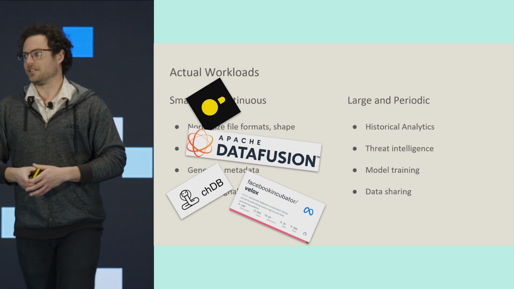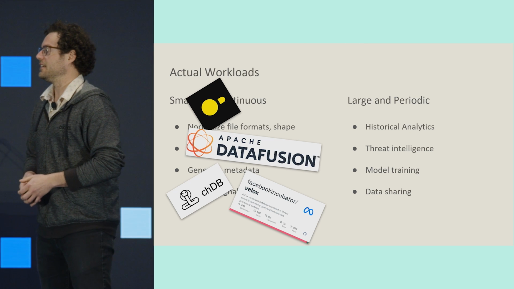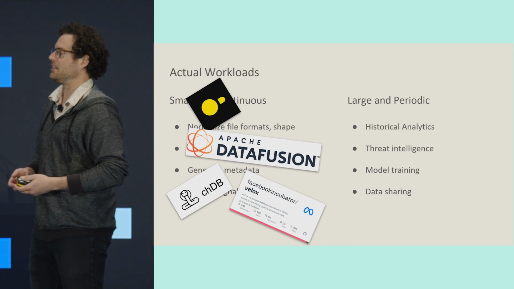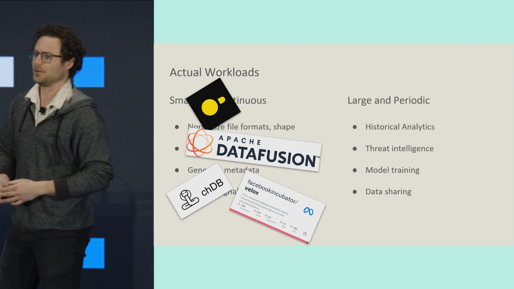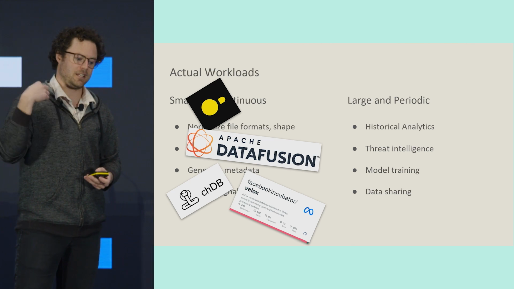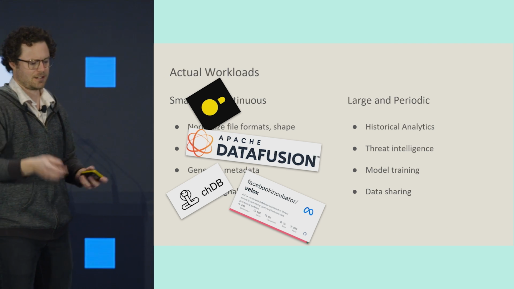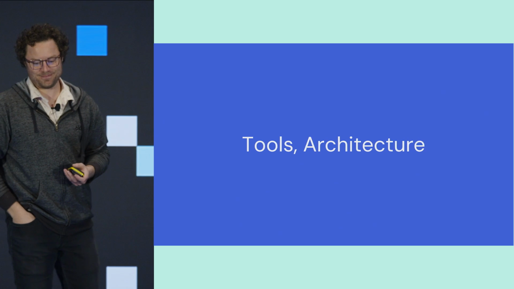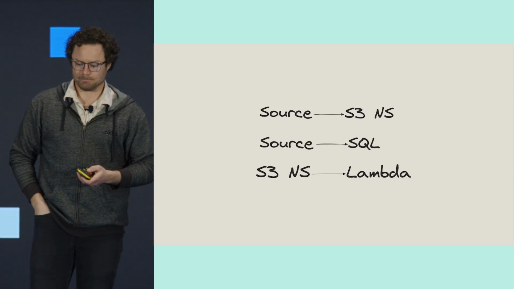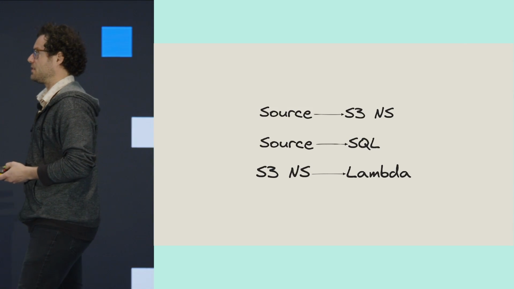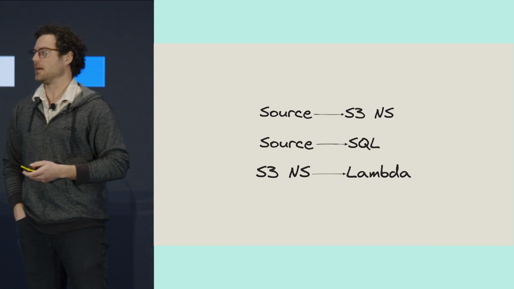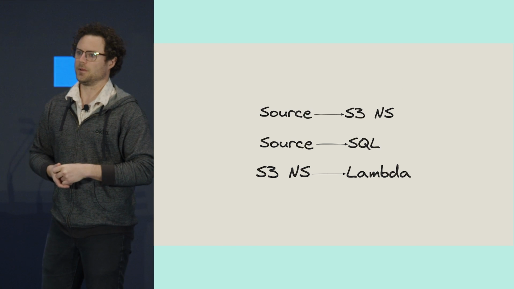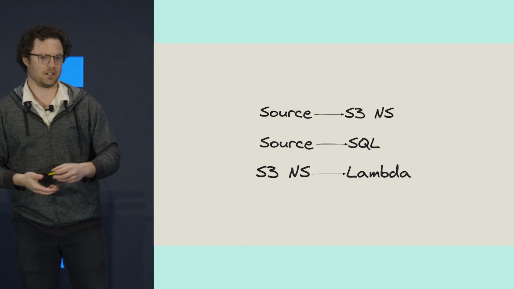So looking at these workloads, what stands out very quickly is that these really cool systems that I really want to play with and have not had the opportunity to do so are kind of perfect for this. Things like DuckDB, things like DataFusion, obviously Velox, and more recently ClickHouse. So that's what we did. That's what I did. I chose to go the DuckDB route for this particular use case because it was very ergonomic, very easy to quickly get up and running, and very easy to get buy-in from people who would just run it locally, and then I could figure out a way to put it in production.